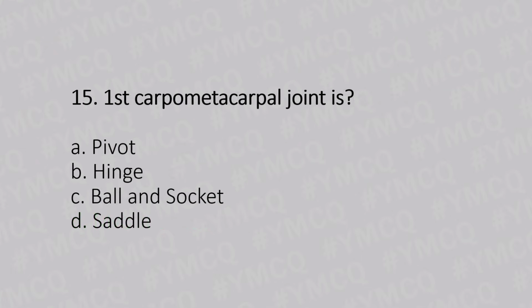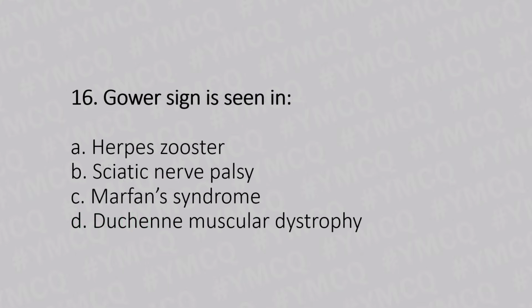First carpometacarpal joint is option A, pivot joint, option B, hinge joint, option C, ball and socket joint, option D, saddle joint, and the answer is option D, saddle joint. Moving to our 16th question, Gower sign is seen in option A, herpes zoster, option B, sciatic nerve palsy, option C, Marfan syndrome, option D, Duchenne's muscular dystrophy, and the answer is